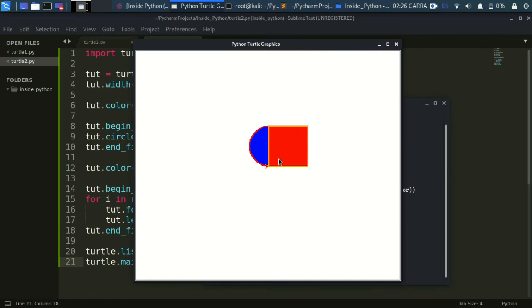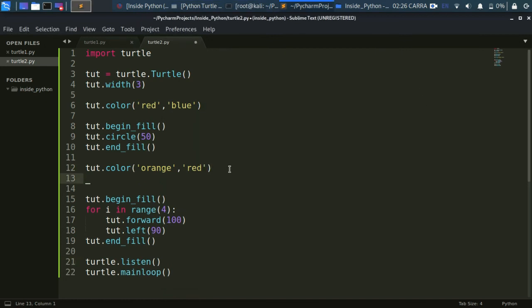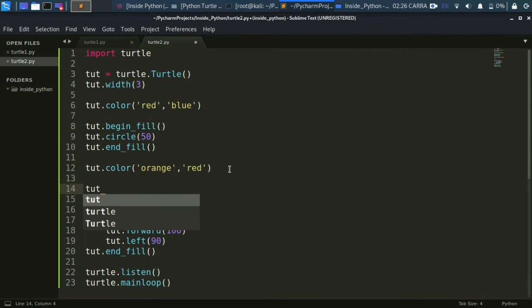Now this square is coming over the circle. How do we fix that? We're going to use this function: tut.setpos, tut.setpos, and then we will write, suppose